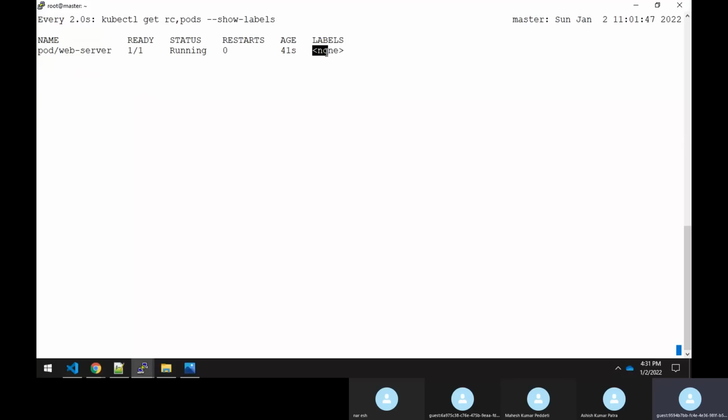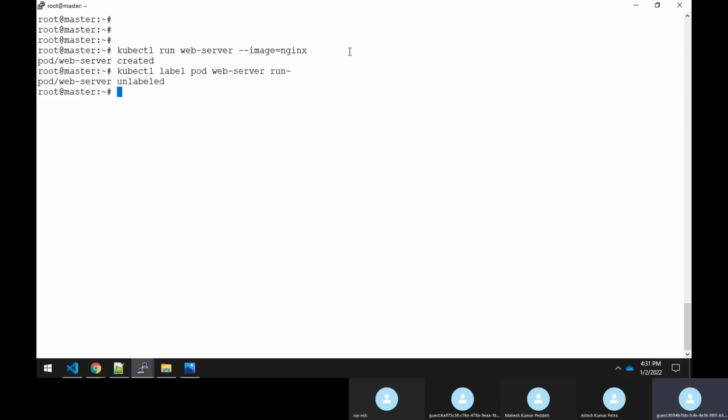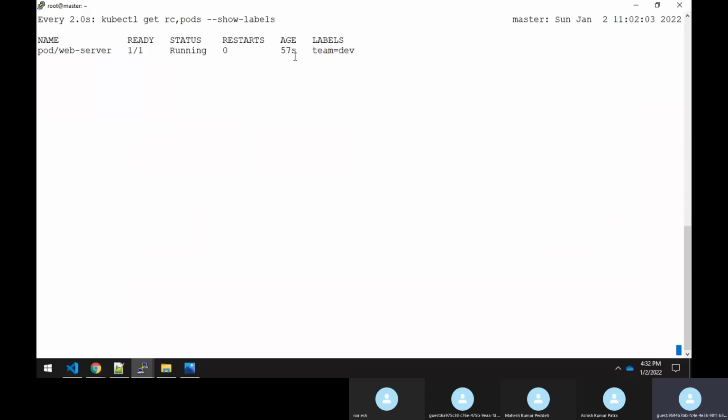So now you could see that there's no label now. Now I'll say kubectl label pod, and I'm assigning a label for this web server, something like team equal to Dave. Now you could see that the label team equal to Dave has been assigned.